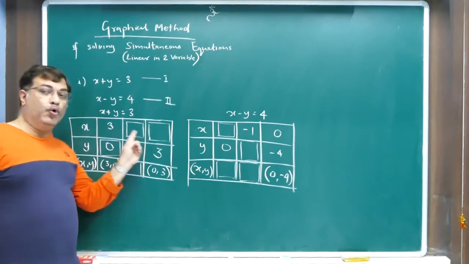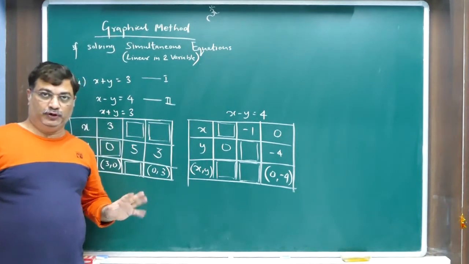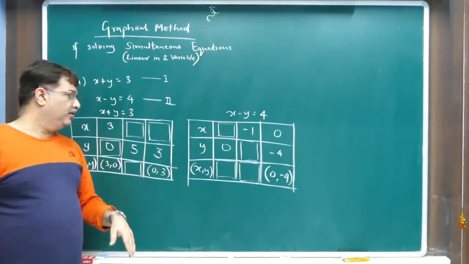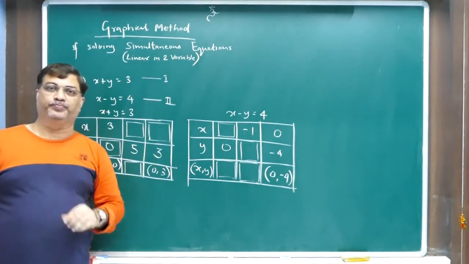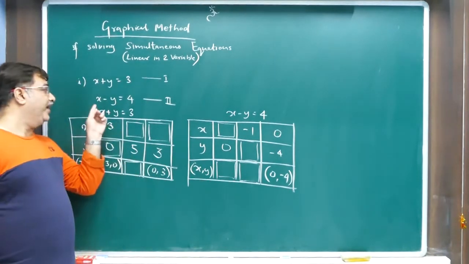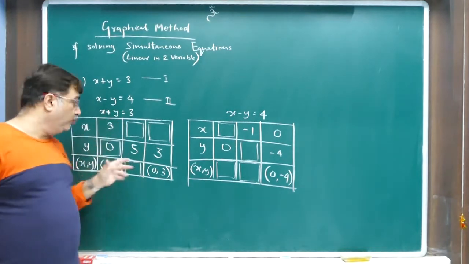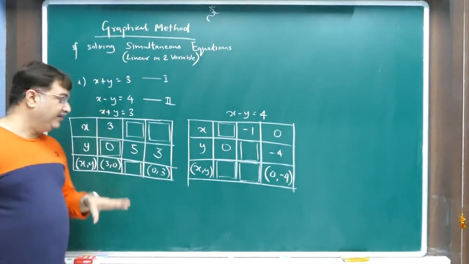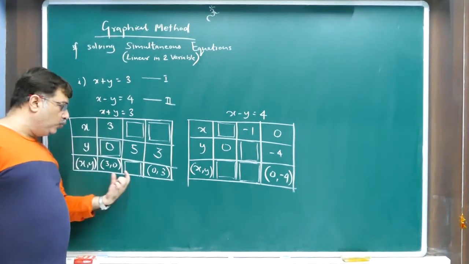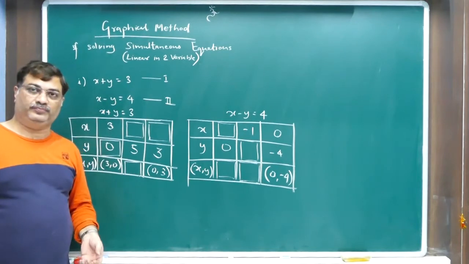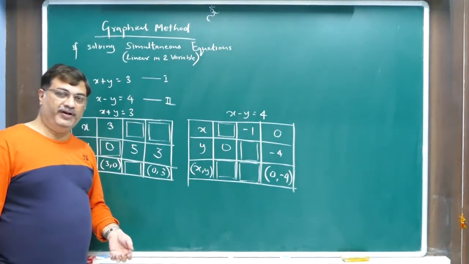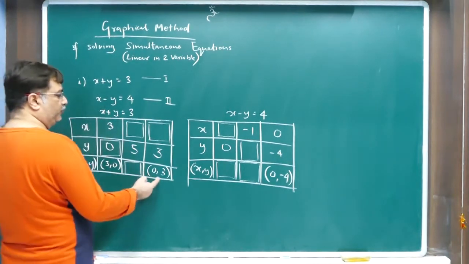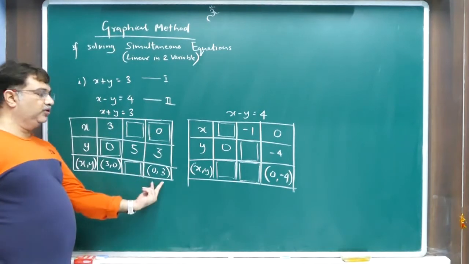Alright? So the first row is always assumed. You have to assume a value, whatever value you like. I will tell you what values are generally good to assume. But these values you have to assume. The second value, y, you need to calculate from the equation. So go on putting the value of x, go on getting the value of y, and put that value of y here. Once you get x and y, go on writing down the x and y values here. Is that clear? Fine? Okay, let's see how to fill this table. So here 3, 0, you get 3, 0. Here 0, 3, so that means x was 0 here, that is why the total became 0, 3.